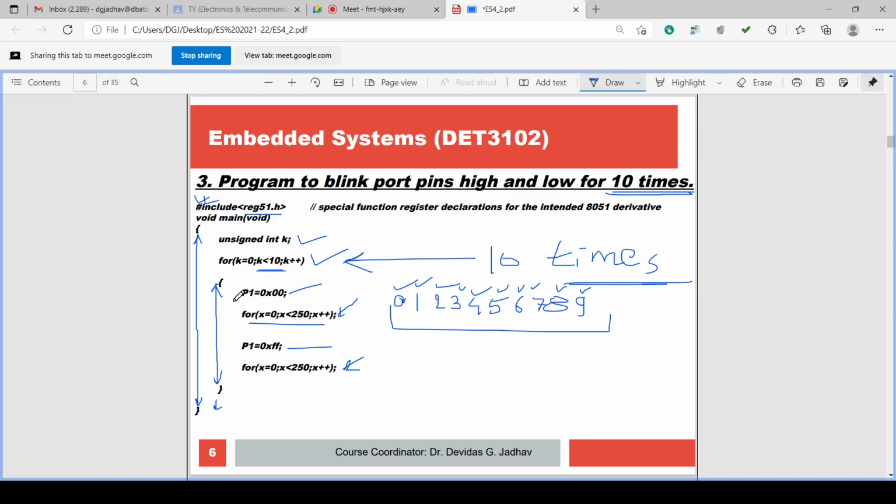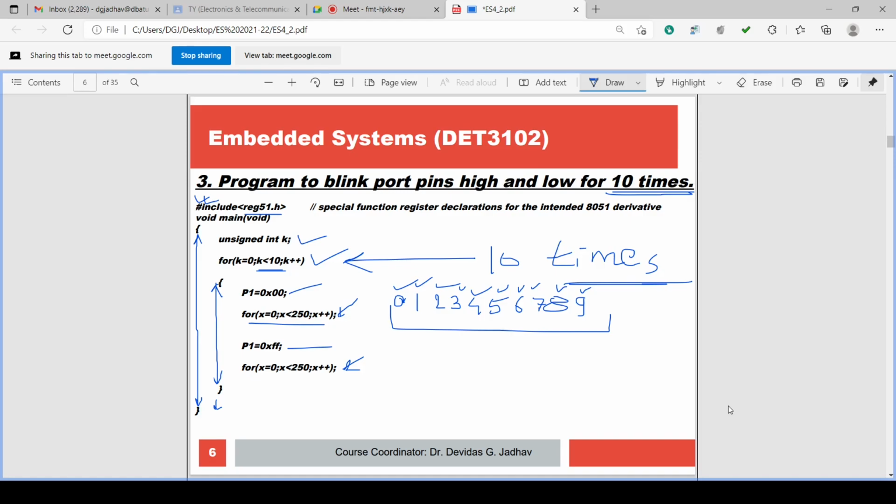For k equal to 10, this block will not be executed, and it exits the for loop. The for loop will stop because it is checking k less than 10, and this will run only 10 times according to the program statement.